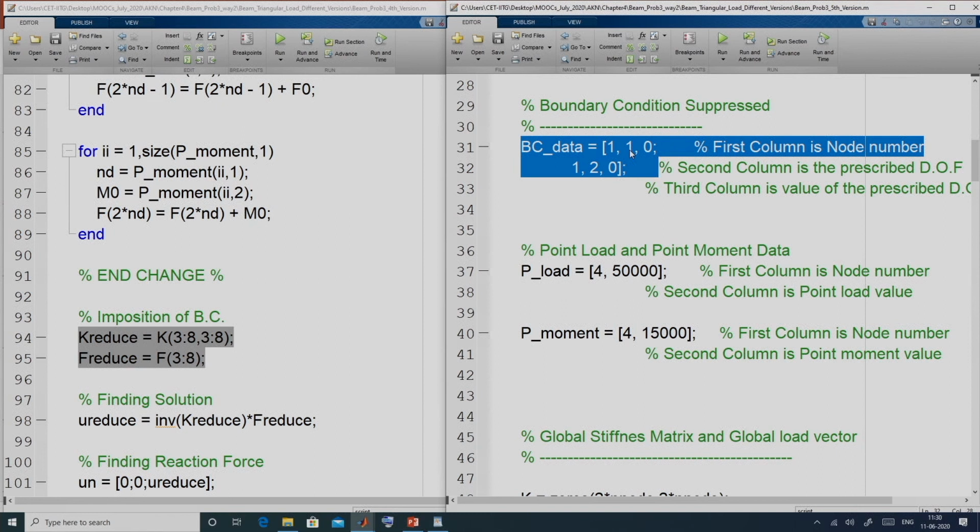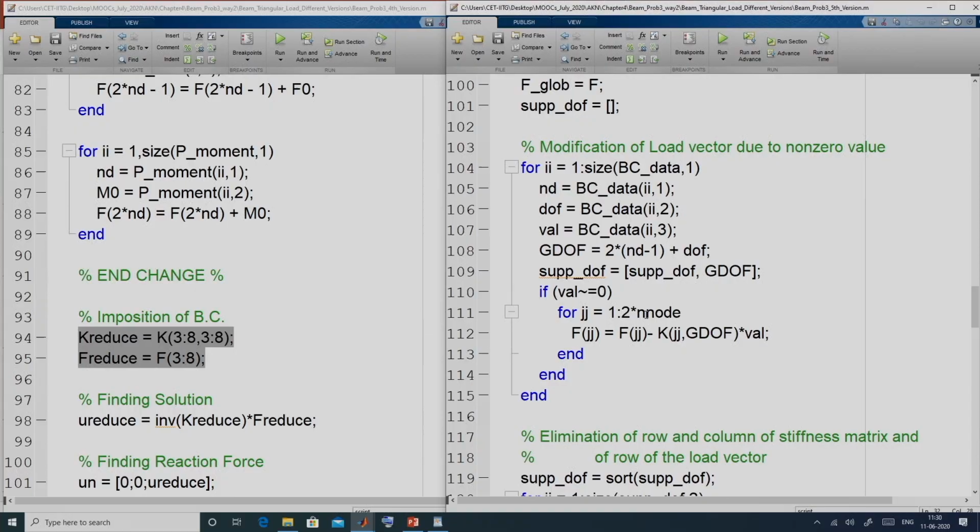This is the local degree of freedom number, and the third column is the value of that prescribed degree of freedom. There can be a non-zero prescribed degree of freedom. We have to take care of that also if that is non-zero. So, if you see, we get the node number from the first column, the local DOF number from the second column, and the value from the third column.